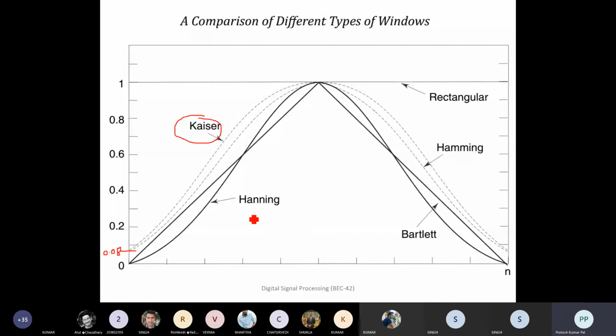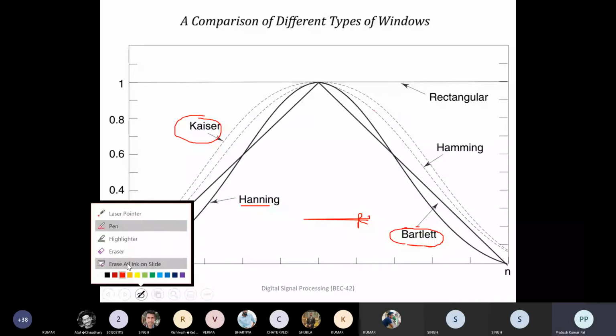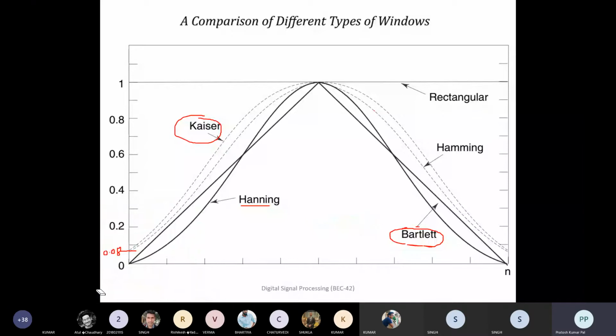And another one is the Hamming window. The Hamming window will have a shape that is steeper toward the peak point. It starts from 0, goes to the maximum, and then comes back to 0. And one was the Bartlett window. The Bartlett window is also called, sorry, the triangular window, not rectangular. Rectangular is a separate one. It is the triangular window because it is of triangular shape.